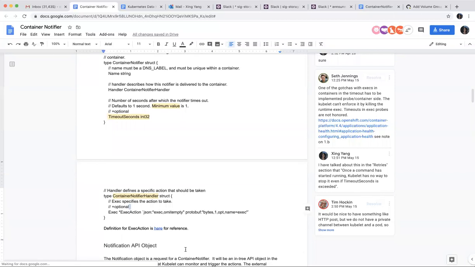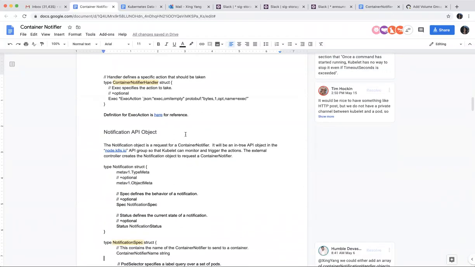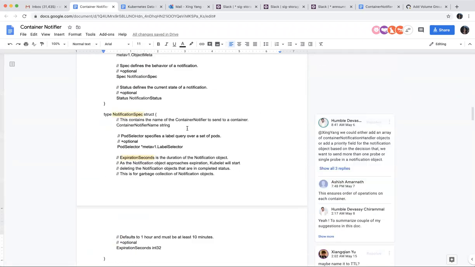And then there's also a notification API object. We have the spec. In the spec, we will have the container notifier name, so we know which container notifier we are requesting.